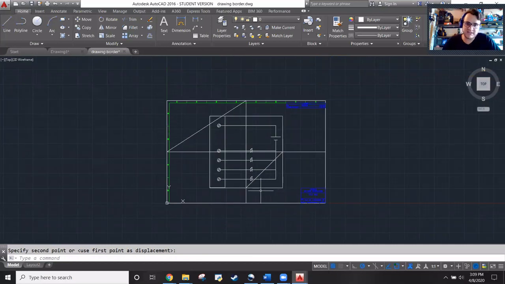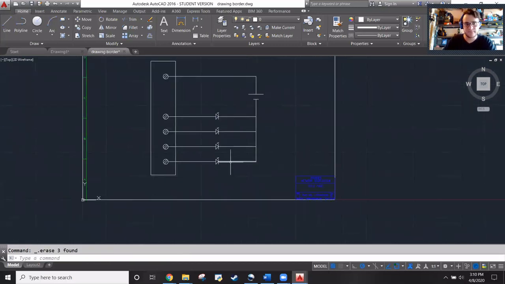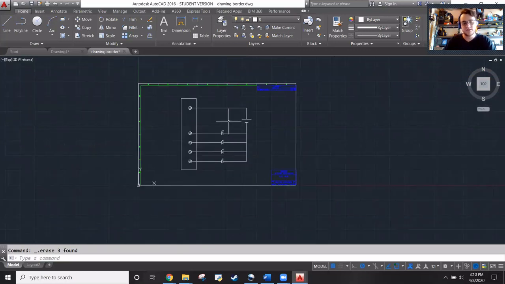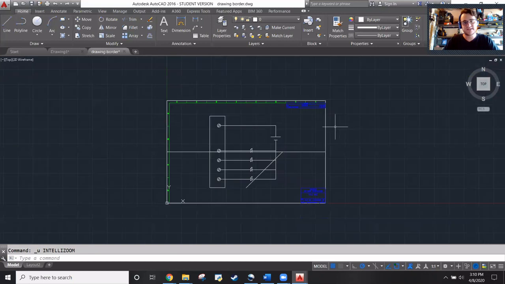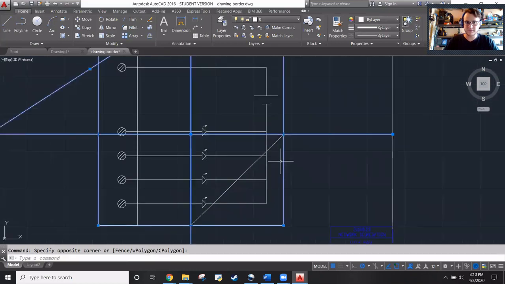The one thing I forgot to do in this that I should have done is draw my reference stuff in a reference layer, because then I could just go hide that reference layer. Instead, because I did all this manually, now we got to manually go in and select all the reference content that I don't want anymore and delete it, which is kind of a pain in the butt. I mean, it's not the worst. I got it all pretty quick, but you can see where instead of relying on me remembering and knowing what reference material it is, it would have been better to draw all of this in a reference layer